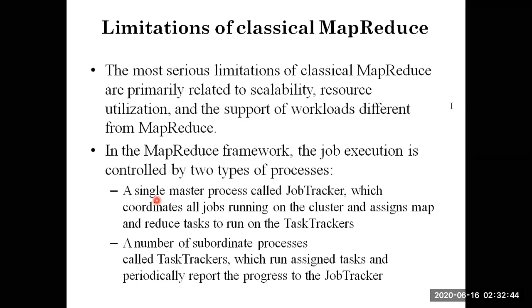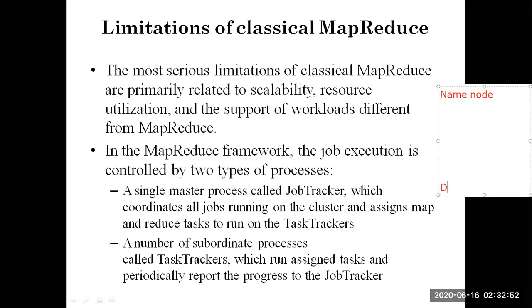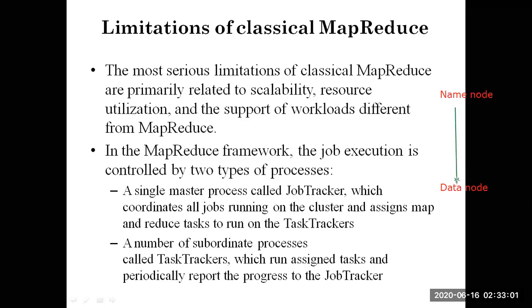It is something like, let me take a name node, and the other one is data node. Here, name node is a master, and the data node is a slave. Name node will be assigning the task to a data node, where the data node will be carrying out the task, and it will be reporting back to the name node. Am I clear? If I am giving an instruction to you, you will be doing the instruction, and once you're done, you will be giving the result back to me. It is something like that.